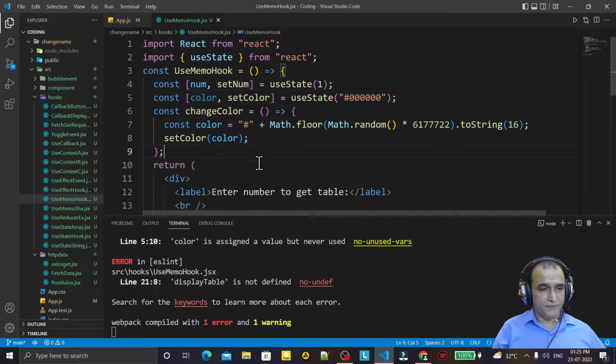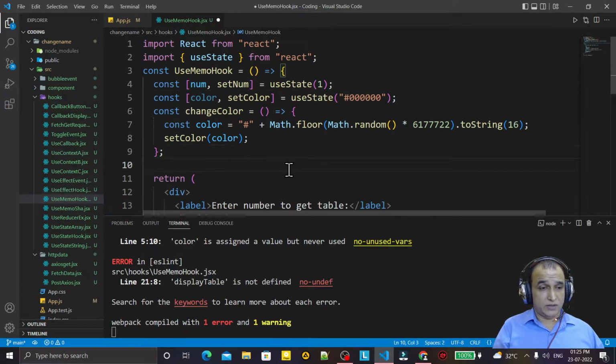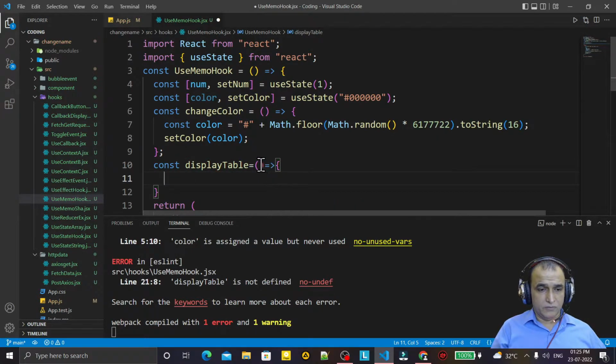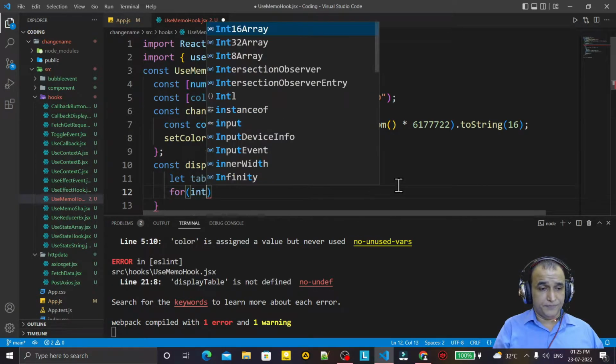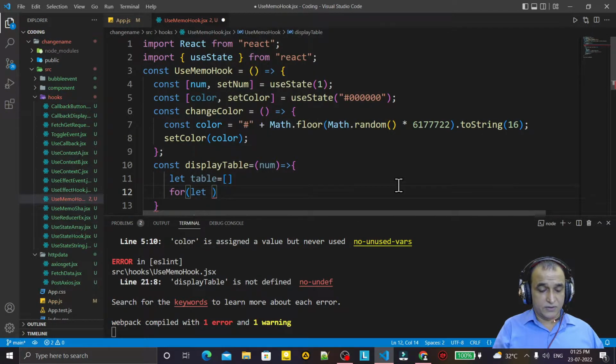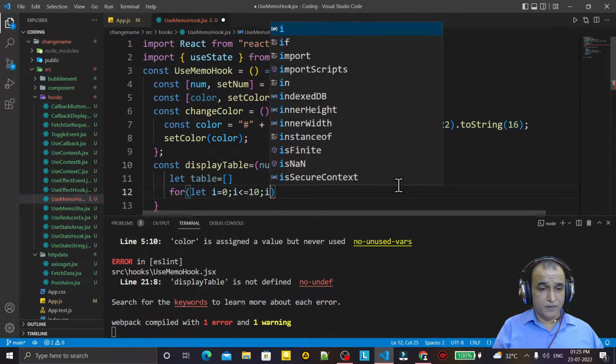Now displayTable we want to create. Now we say const displayTable and here we pass a num on which we will display the table. Now I create an array, I say table. So I create the for loop here, then we say let i equal to 0, i less than or equal to 10, i plus plus,